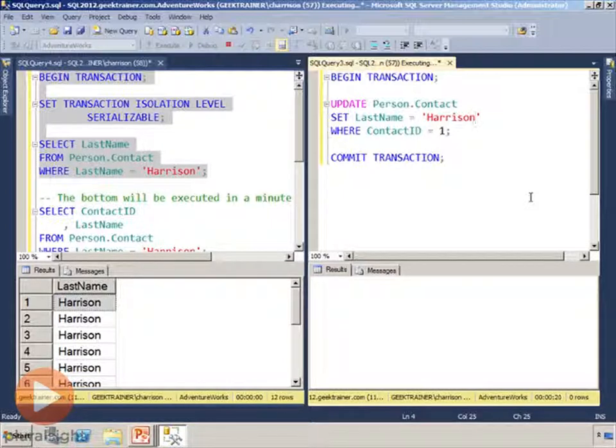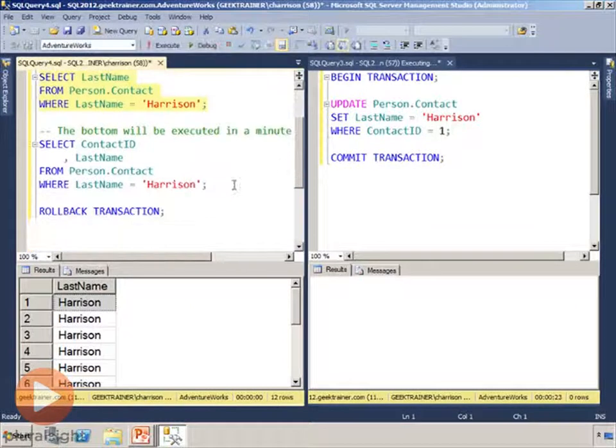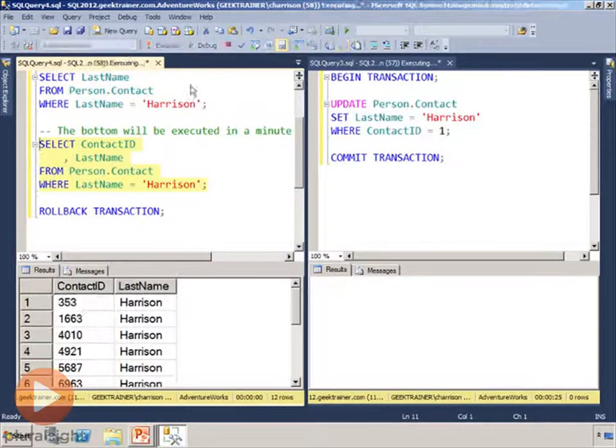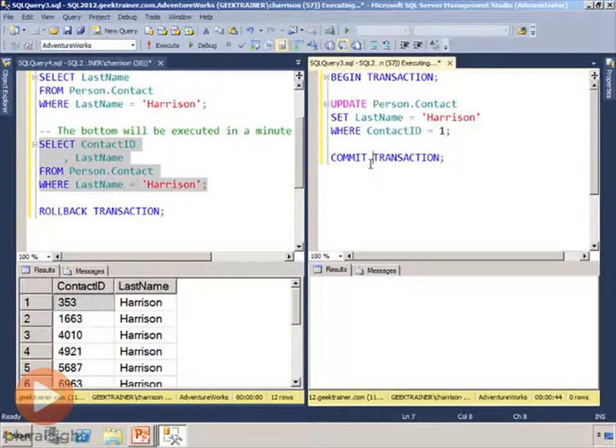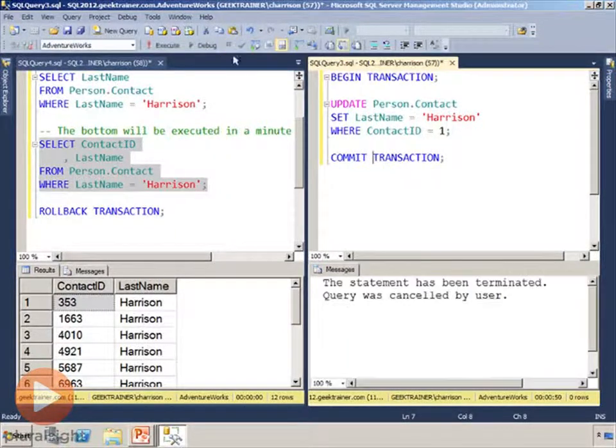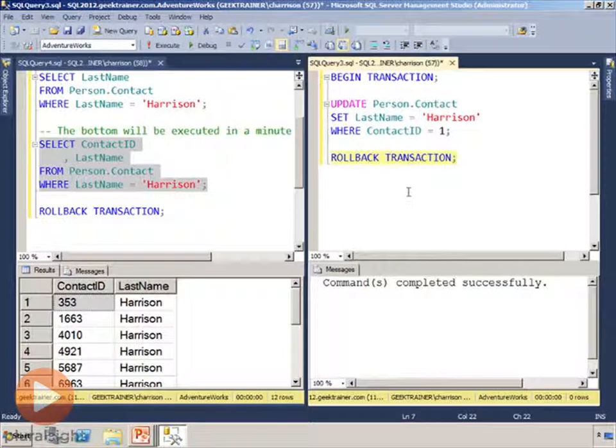So if I come back over to the left side and issue that select statement a second time, you're going to notice still 12 rows and no contact ID of 1 in there. Nobody's allowed to come into the Harrison group. All right, now over on the right-hand side, I'm going to make sure that has focus, hit stop, and roll back that transaction. Okay, so now